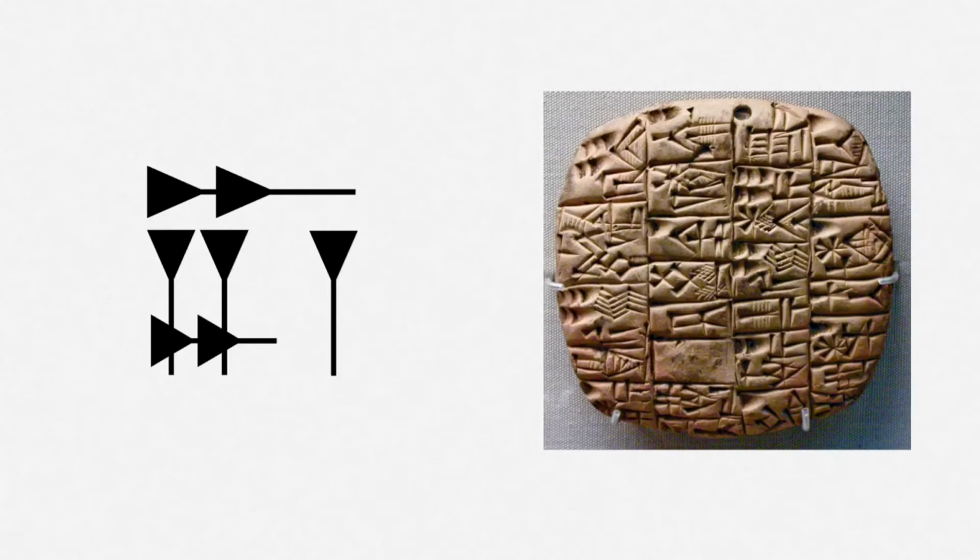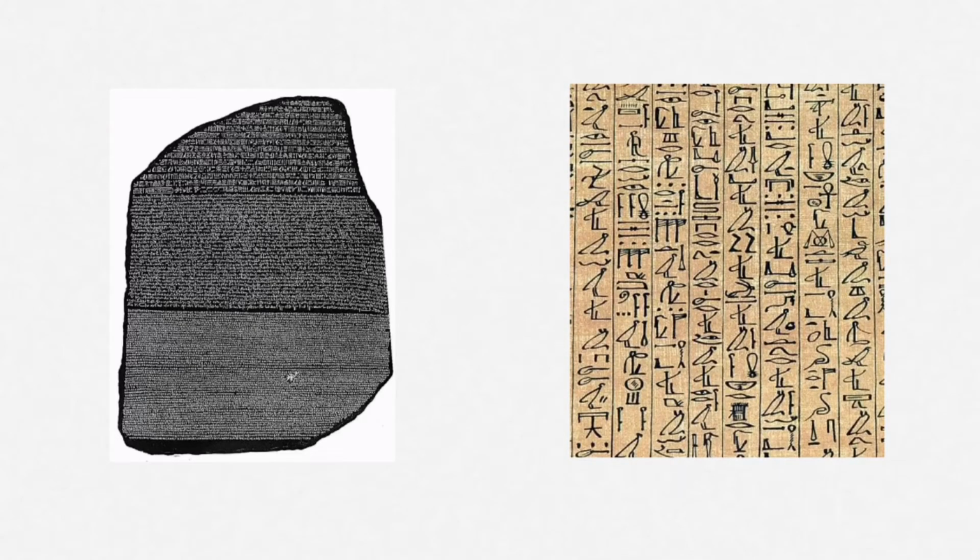Cuneiform was a very, very early language made by pressing a piece of wood into clay. Like many long forgotten languages though, it had to be rediscovered through a translation document. The most famous translation document was the Rosetta Stone. With the Rosetta Stone we were finally able to translate hieroglyphics. While the stone itself just talks about tax, hardly very exciting, it did open up a language that we had